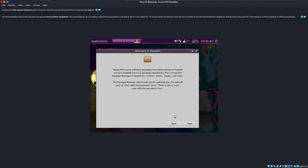Many third-party software packages have been ported to Pony OS and are available from our package repositories. You can use the package manager to install GCC, Python, Box, Quake, and more. You can play Quake on this, people. I shit you not. That is, if I can... We are going to try that if we can get it to work. And that would actually be the first time I've played that, so...